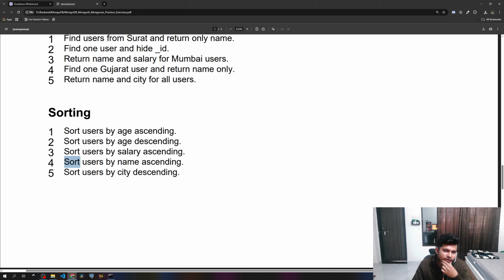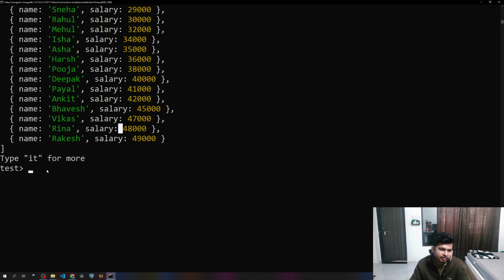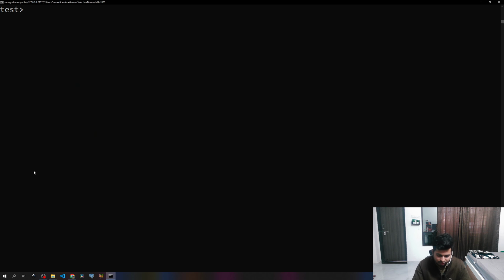The fourth one, sort users by name, like ABCD in ascending, ABCDEFGHIJK. db.users.find, let's show only the name for now. name 1, _id 0, dot sort, based on the name,